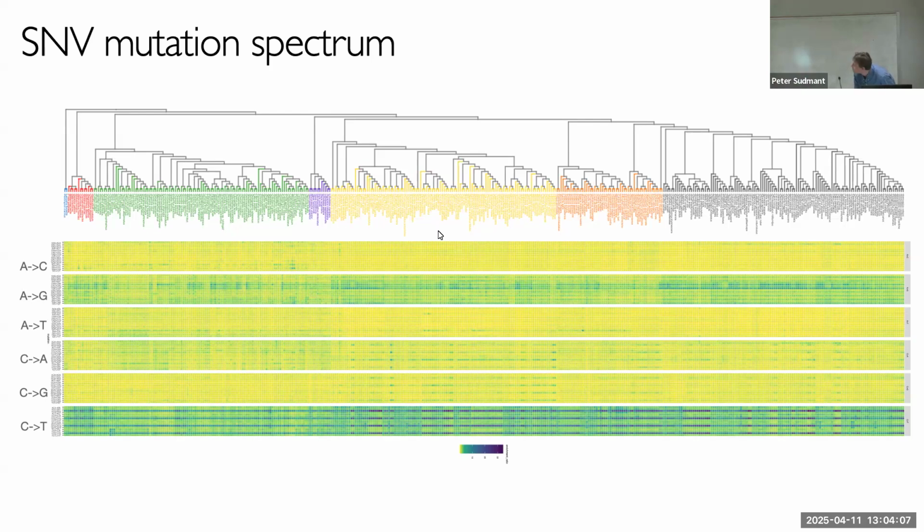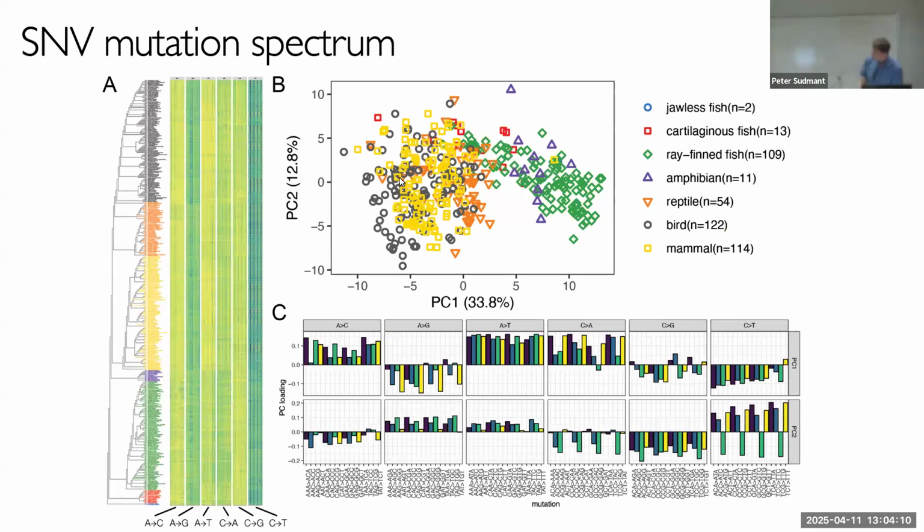So let's zoom in on this thing, right? What you can do is you can take this monstrosity, which is basically just a table, and you could do PCA on it. And when you do PCA, you start to pull apart clusters of signatures. So here we did PCA on the mutational signature of SNPs found in the population. Here's PC1 and here's PC2. And you start to see, remarkably, the fish are separating from everybody else along the PC1 axis. And the PC2 axis seems to be driven by CpG to TpG mutations. So basically across clades, there's different signatures that you're seeing.